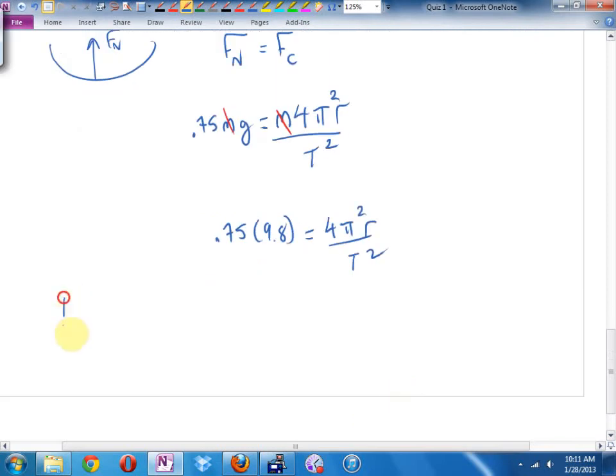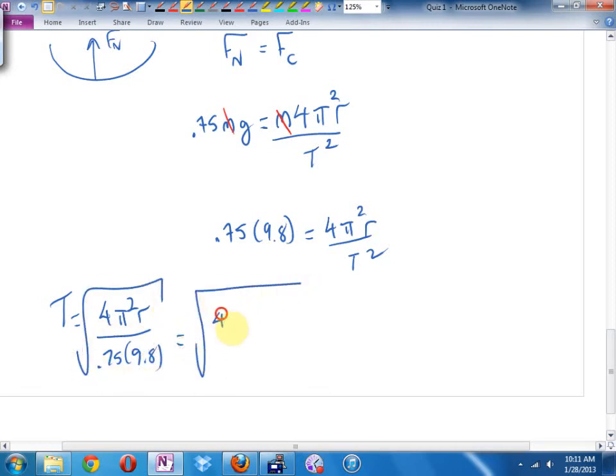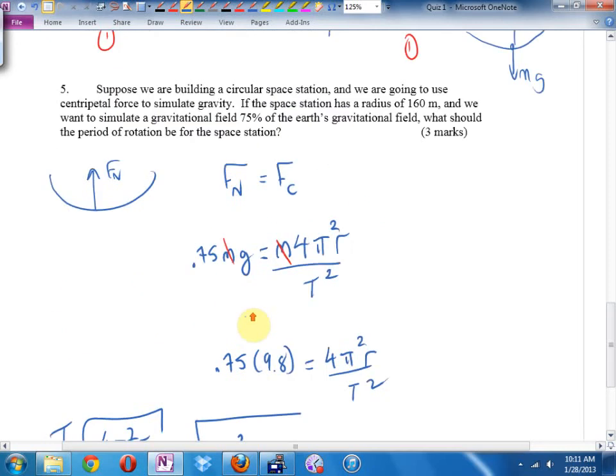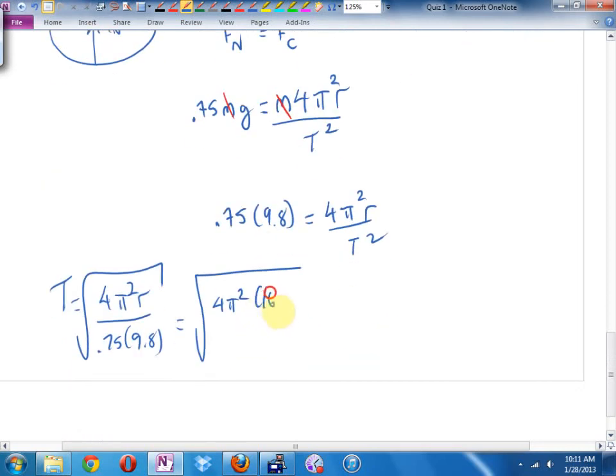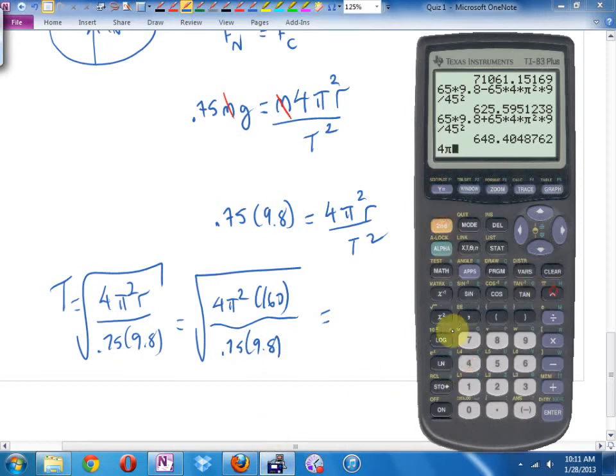They want the period. That's going to be 4 pi squared r over 0.75 times 9.8, square rooted. That's going to be 4 pi squared, what was the radius, 160? All divided by 0.75 times 9.8. 4 pi squared times 160, all divided by 0.75 times 9.8. Square root, Mr. Duick. And you get a period of a little over